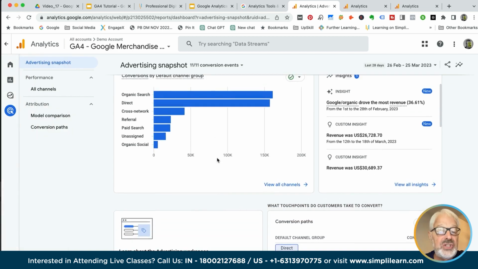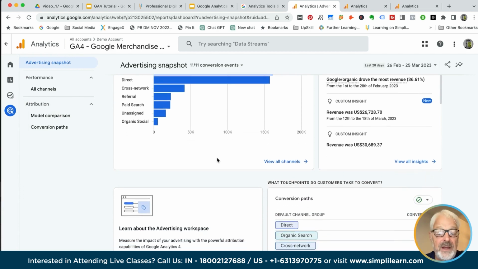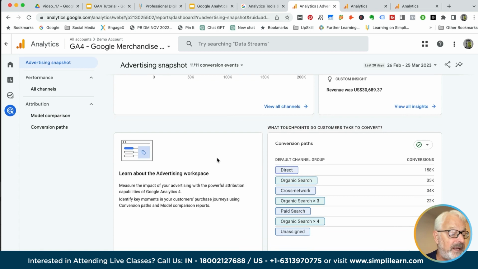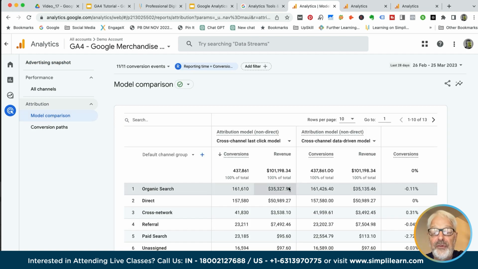You can see which channels drove the most conversions, and it gives you automated insights based on the Google machine learning. We can also see the most important touch points that people take leading to conversions. There is the model comparison report. It shows you the marketing channels on the left, and on the right we see the revenue and the conversions